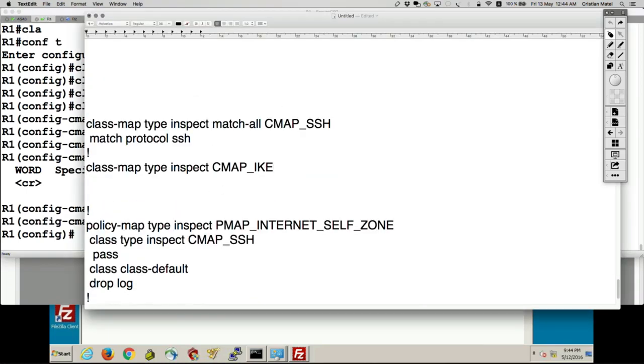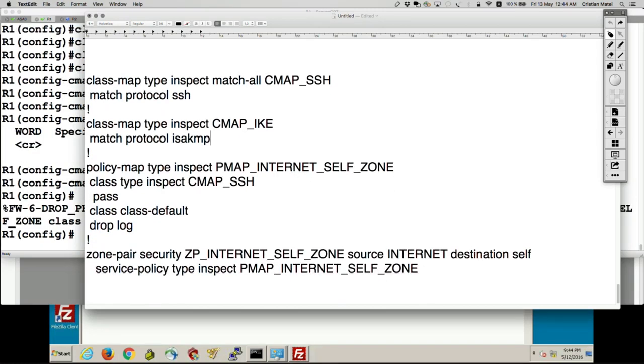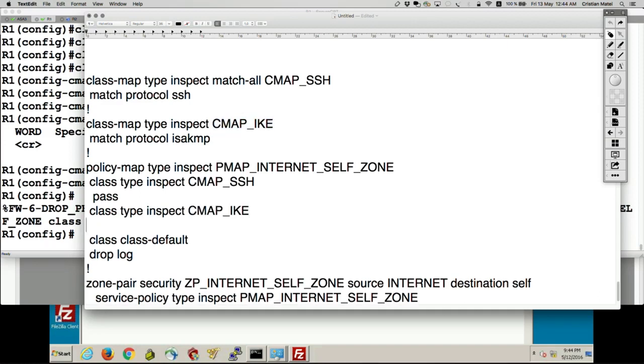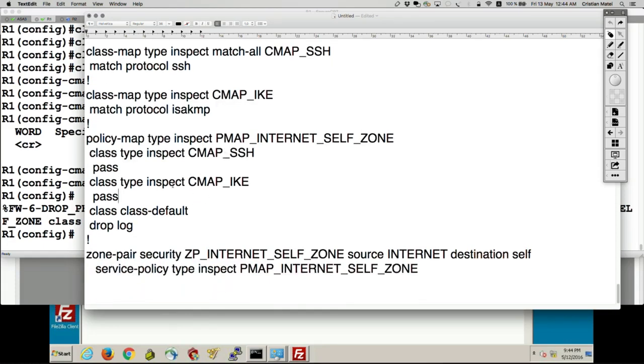And I have to allow UDP 500 traffic destined to the router from the internet zone. So I'm going to go under my policy map internet to self, and say class type inspect cmap IKE and say pass. I want to allow inbound IKE traffic from the internet to the router so that the SVTI tunnel works.